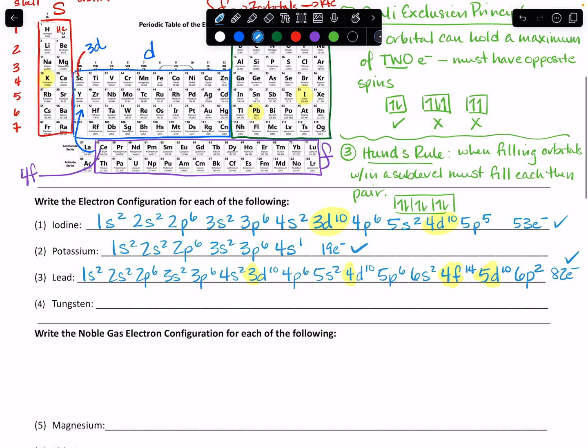All right, for the last one, we're going to do tungsten. Tungsten is right here on our periodic table. So it's going to look really similar to lead. We're just going to stop in the middle of that D block. So 1s2, 2s2, 2p6, 3s2, 3p6, 4s2, 3d10, 4p6, 5s2, 4d10, 5p6, 6s2. Now we are going to move all the way across that F row, and now we're in 5d,